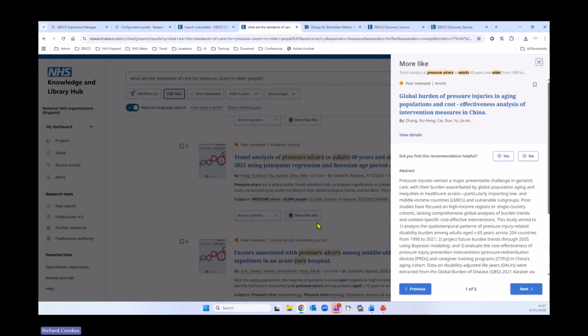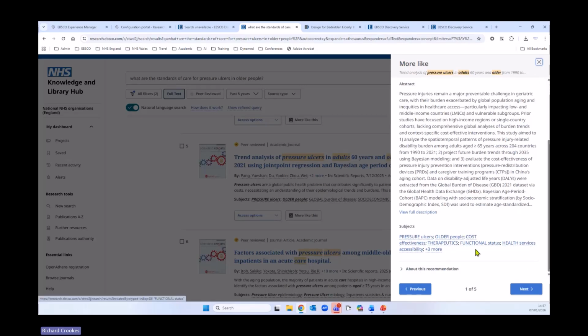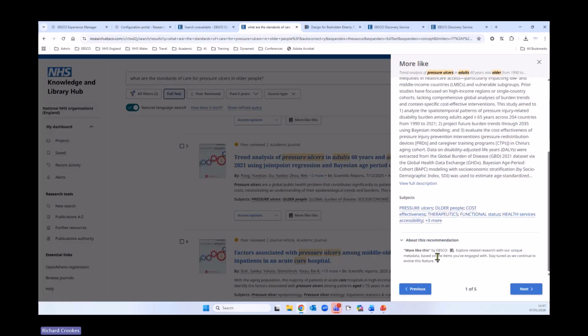Yeah, so these are recommendations. Basically, these are alternative articles that you might want to consider in light of the article you just viewed. You can comment whether it's helpful or not, so you can give feedback there. You get the abstract, of course, and the links to the subheadings, and also there's a brief disclaimer or information about the